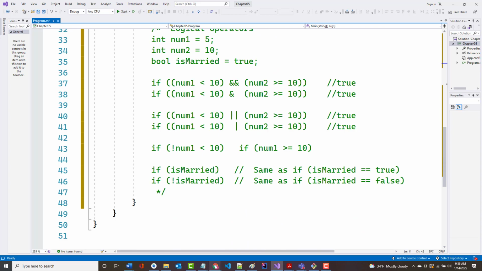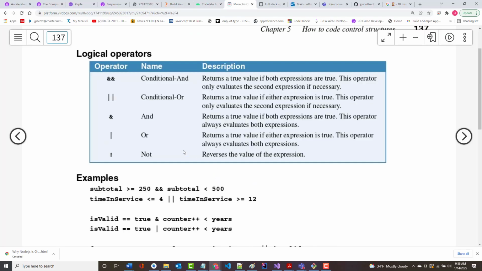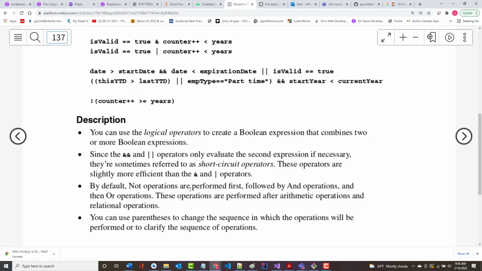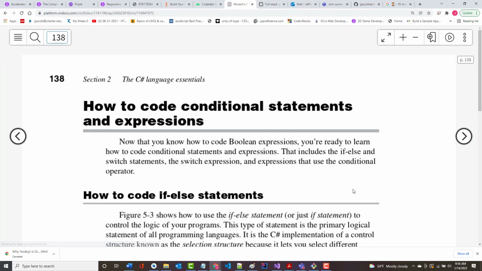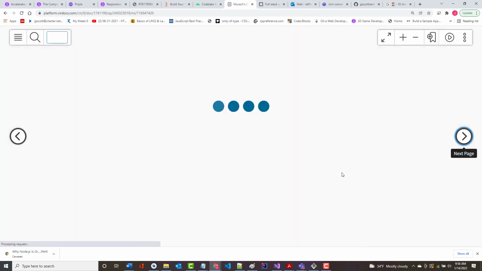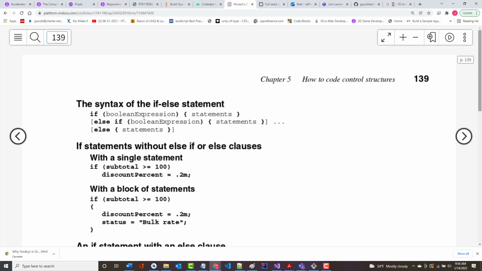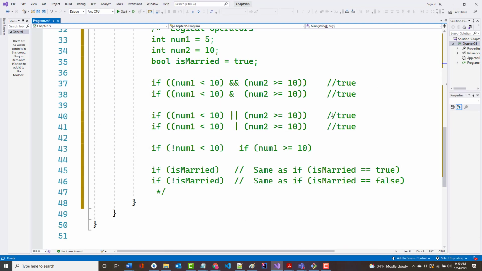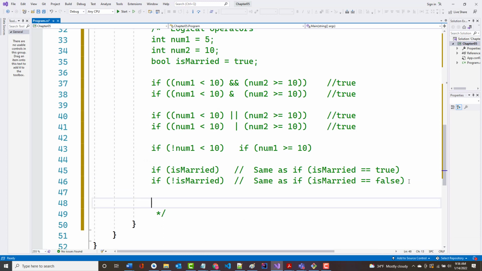All right? So in our book, they explained all this. And then they talked next, they're going to get into if-else. We're going to do that in just a moment. I'm going to go through my own little shtick on this. The only other thing I want to mention that I didn't is if I have a really big